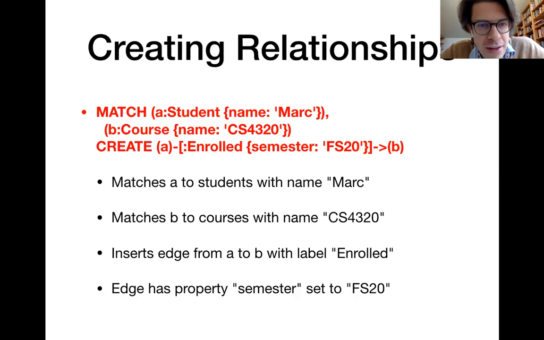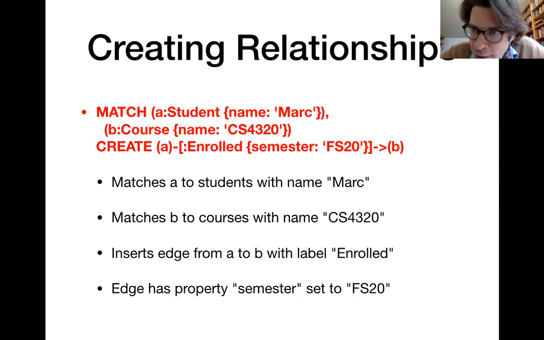So here, for instance, I want to create a relationship, an edge, between the student node Mark and the CS4320 course node. So what I do here is, first of all, I match variable a to a node of label student with property name set to Mark, and variable b to a node of label course with name property